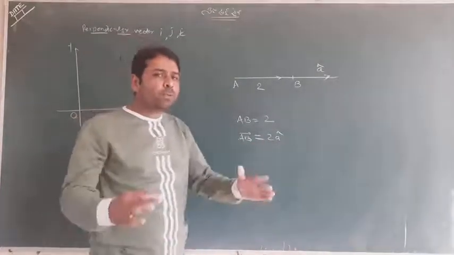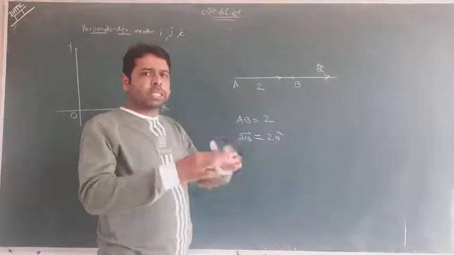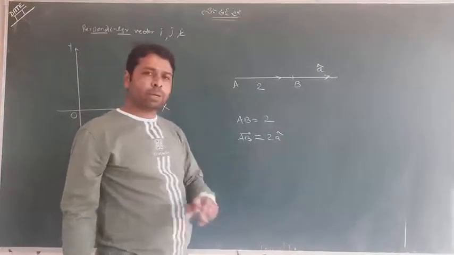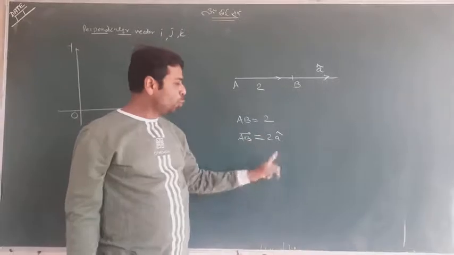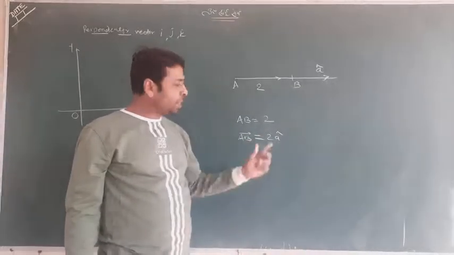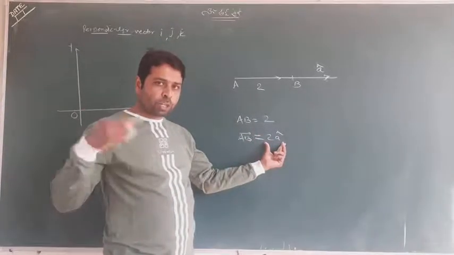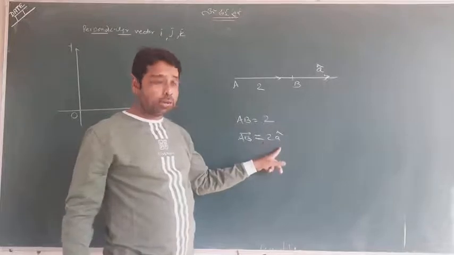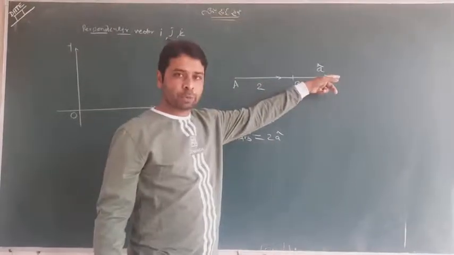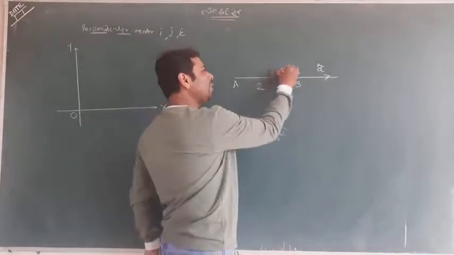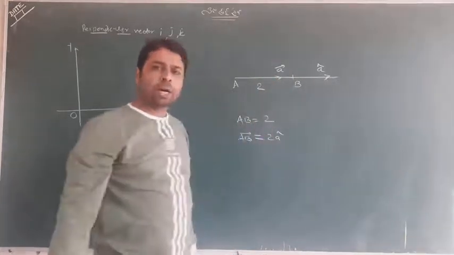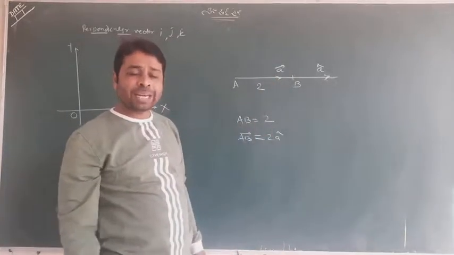And you need not worry. Please go through the concept. What is the meaning of 2a cap? Few things I recently taught you. 2a cap means this is a new vector whose direction is in the direction of a. Look at it, this is a. Suppose this is a cap. Definitely it is along a, so we can write a cap in its direction.